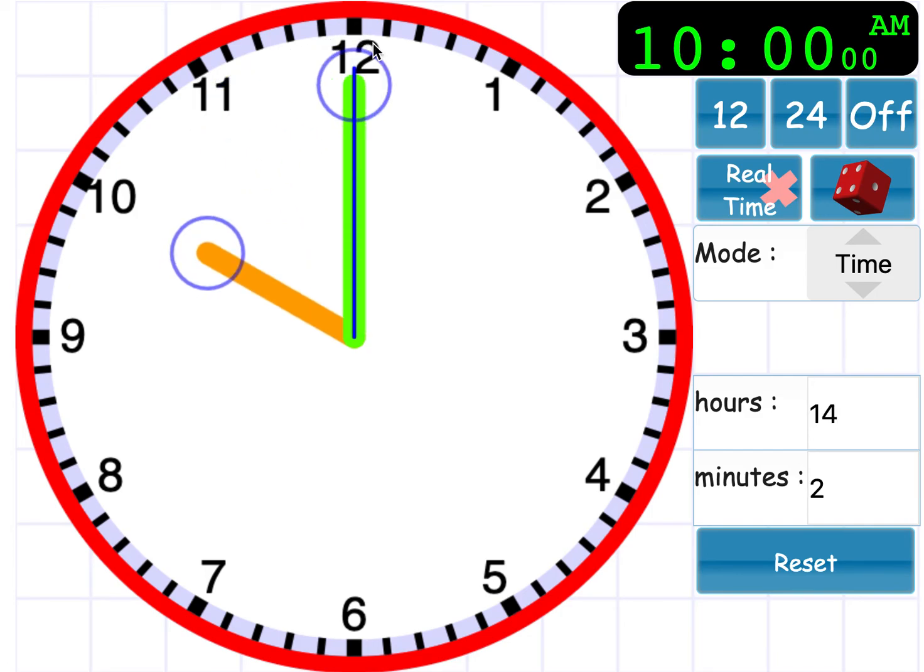So you've noticed probably that unlike the analog clock, when we read the time digitally, we don't